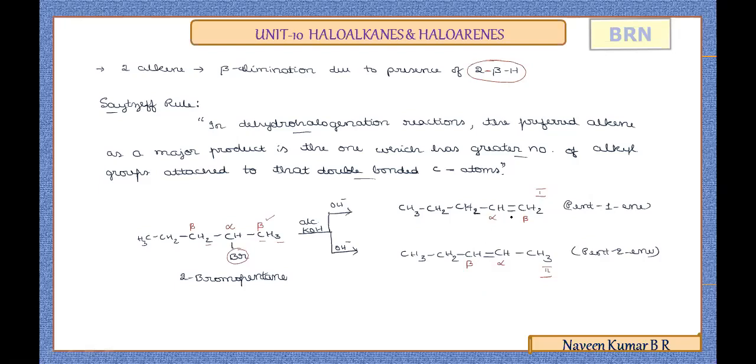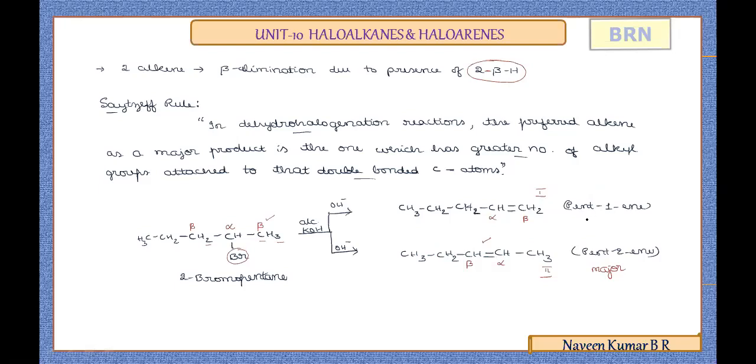Now accordingly, if you take the first product, towards the left side there are 4 carbons, towards the right side there is 1 carbon around the double bonded carbon. So one side it is more, one side it is less. If you consider the second case, on the left side there are 3 carbons, on the right side there are 2 carbons. Hence, more number of alkyl groups are present on either side of the double bond in the second case. Hence, pent-2-ene will be obtained as a major product because of presence of more number of alkyl groups on either side of the double bond.